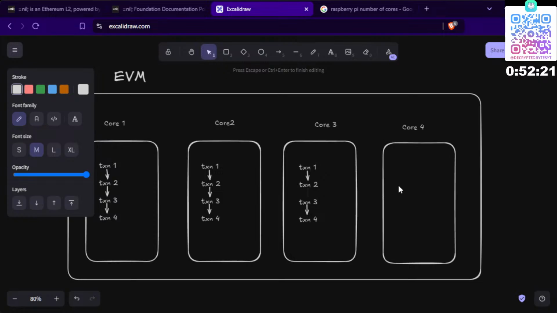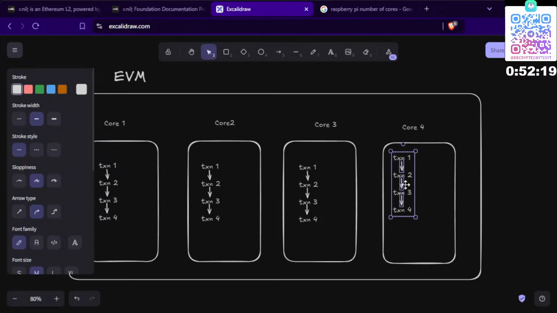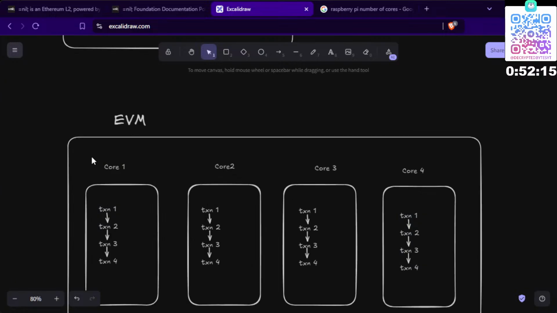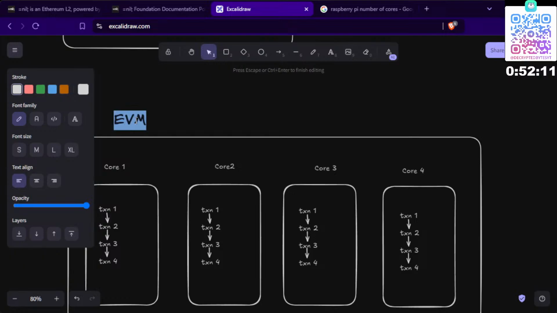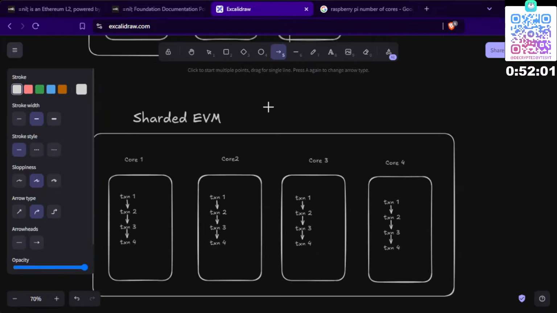All the cores will process transactions in parallel in a single machine. So a sharded EVM, what it will do is